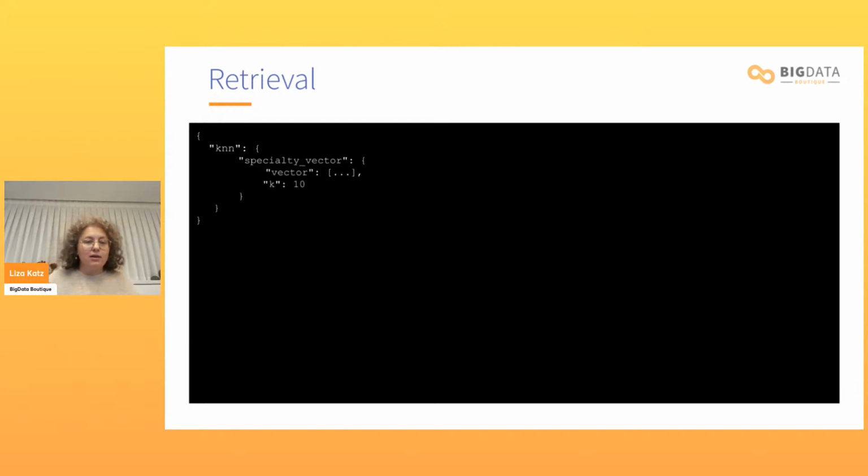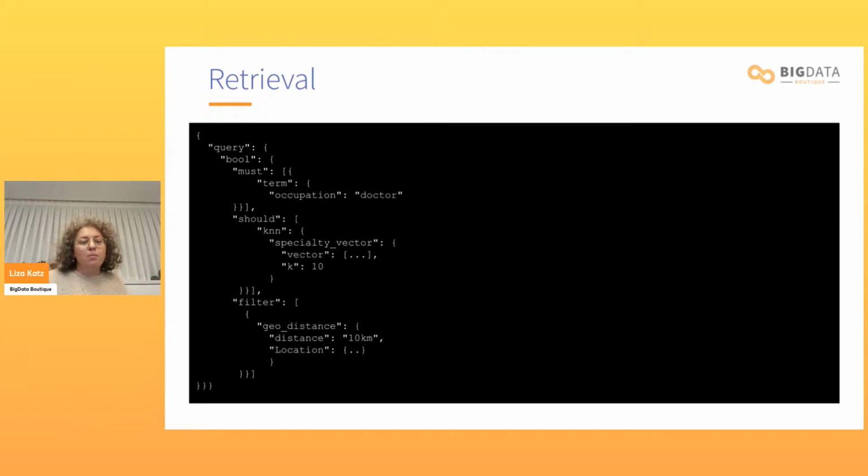Then we have a different type of query called a KNN query, which would only find things that are similar to what the user is asking. So it wouldn't filter for doctors, it wouldn't filter for location. It would just find anyone who treats knees. This can be a physiotherapist that is super experienced with knee problems, but it's not what the user is looking for. However, the combined query, which combines in a very natural way, is very helpful to the user.